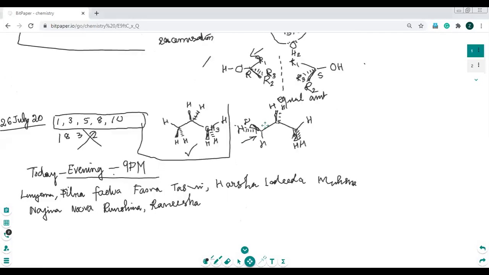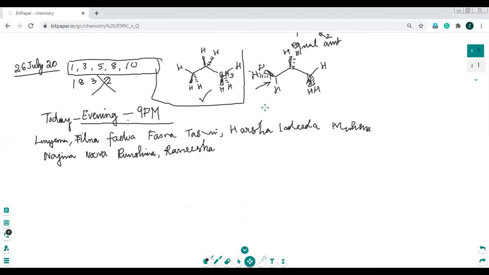Now let us see what are the different aspects which will decide the rate of SN1 reaction, the reactivity of SN1 reactions. How do different factors affect the rate of SN1 reaction? Number one, nature of the alkyl group. Factors affecting